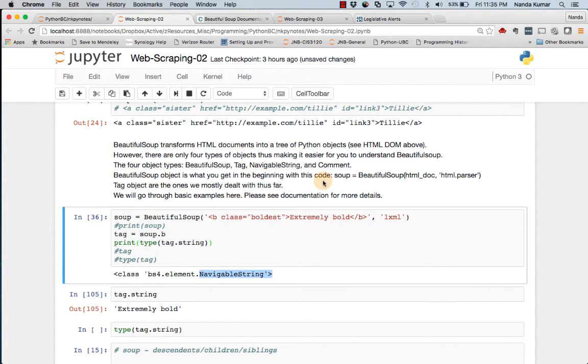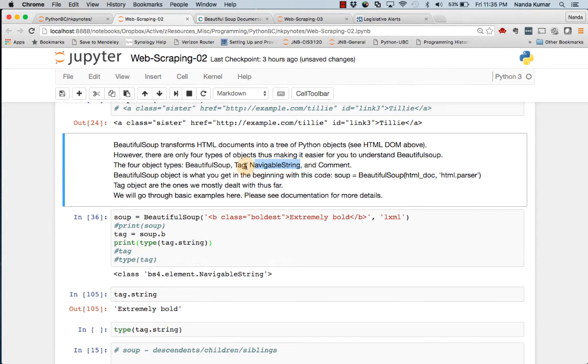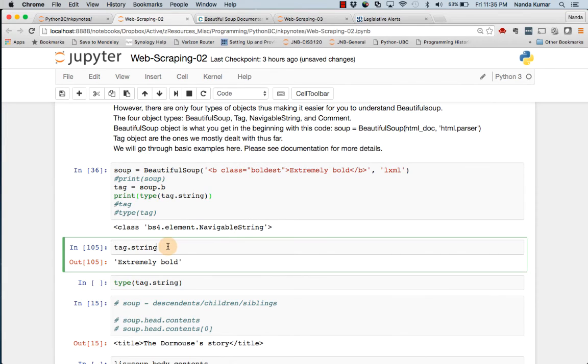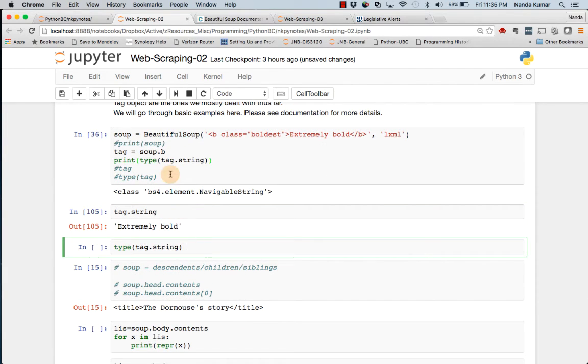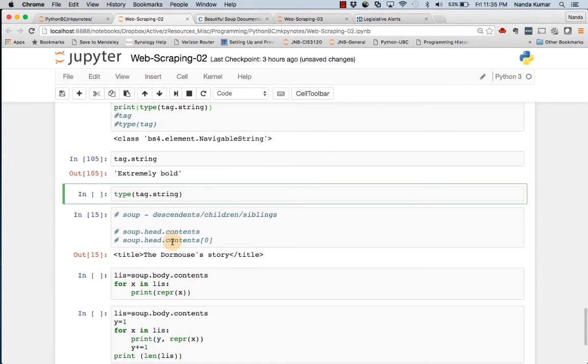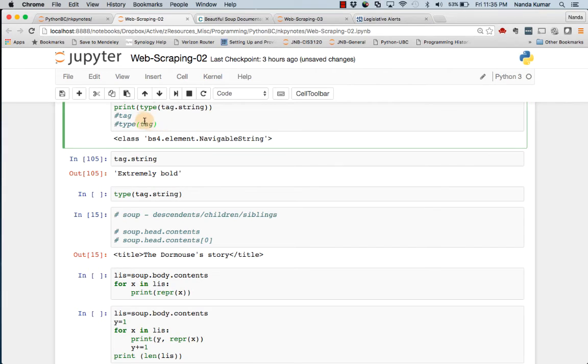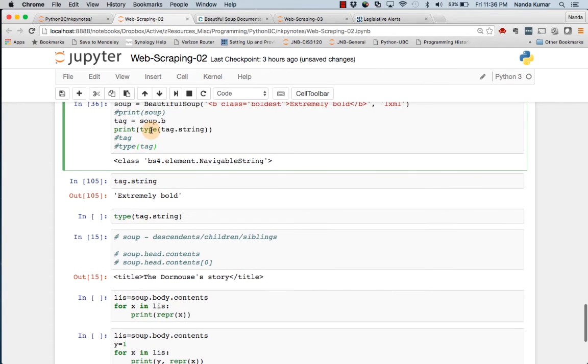And the fourth object, comment, let's not worry about it, but mostly this is all you need for most of your manipulations, specifically the tag object. Let me go down here, and this is what I say: tag.string, type of tag.string, which is what we did just now. And the nice thing about having these tags, especially the tag object,